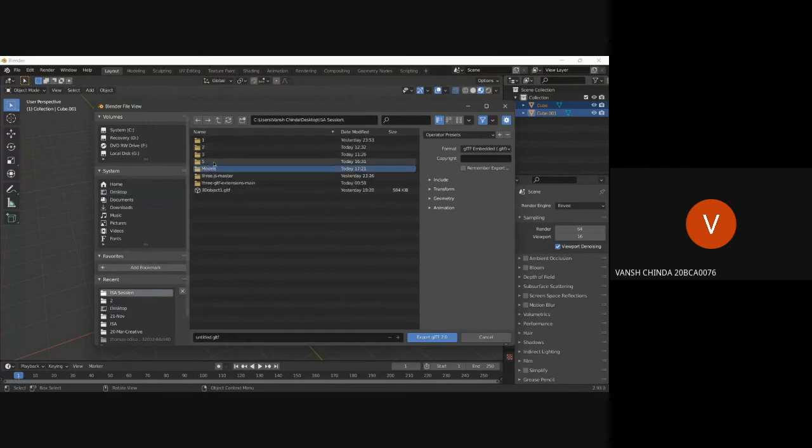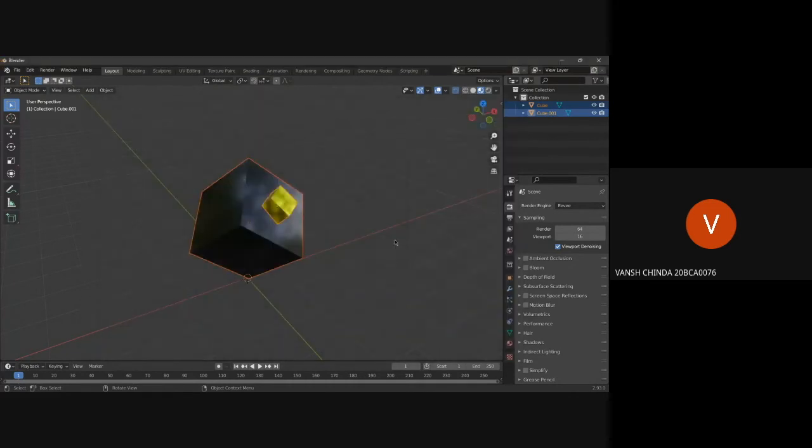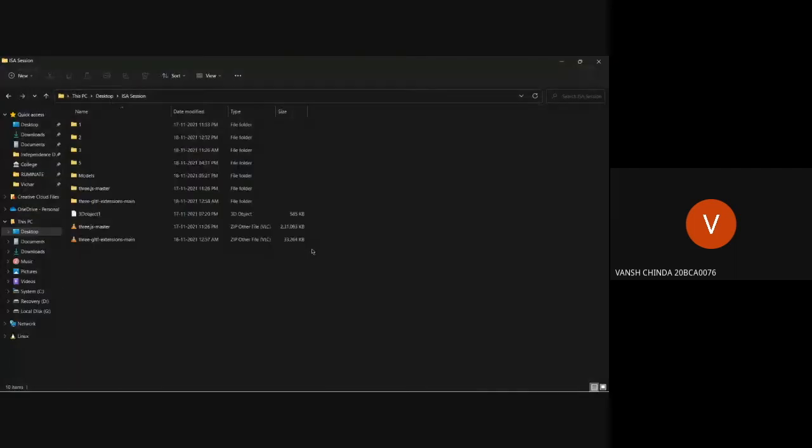Save it to the fifth session, in the models folder. Let's call this abstract cube. Okay, pretty good. Let's export it. Okay, I think it's exporting now. It's done. We have exported the file. We don't need to save it again.